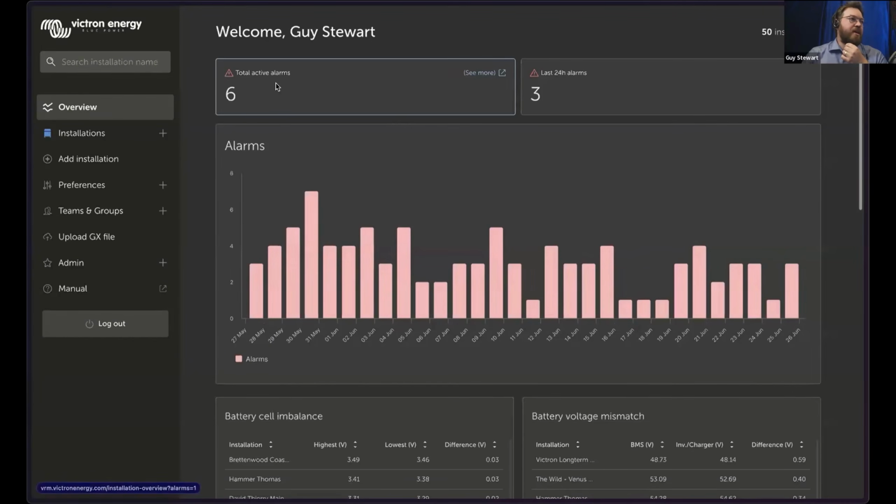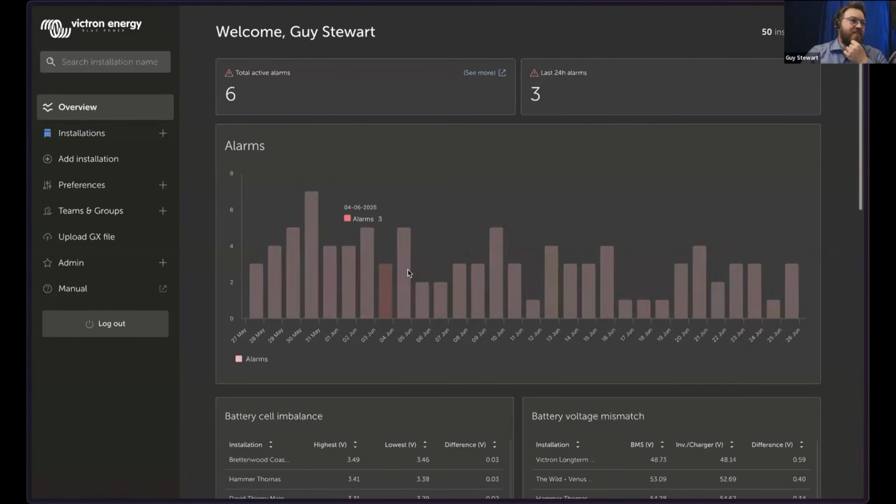But to explain it briefly, the top 2 panels here are the number of last 24-hour alarms and the total active alarms right now. These can begin to be like a pulse on how your systems are going. And if you've been visiting the site every day, you'll get a sense of whether there is an issue emerging from across my fleet, or whether anything is popping up. And of course, there's a graph underneath that shows you how you're dealing with these. Ideally, I'm showing you a nice demo here of my linked systems which have problems, but ideally you get this down to 0 and it stays there. And then any emergent site that has alarm issues, you can investigate very quickly and it rises to the surface.